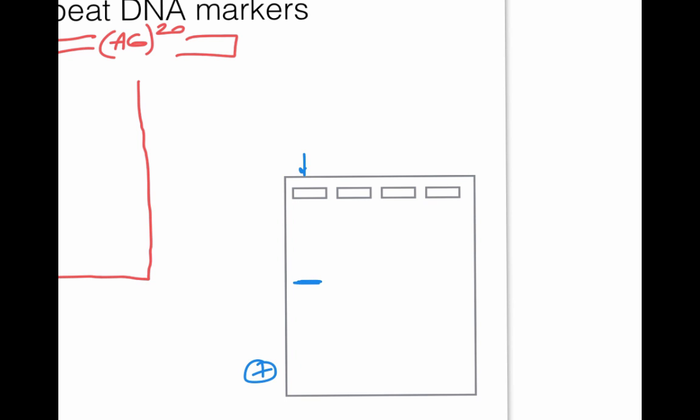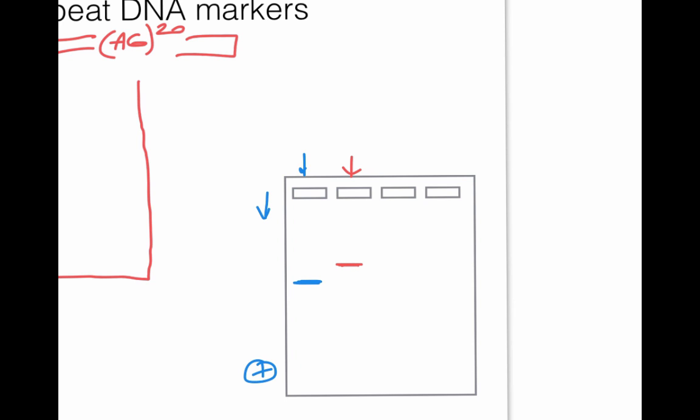We have a positive charge down here, so we have direction of movement as shown. And the red band loaded here would give me something which is about, what did I say, 20 bases larger